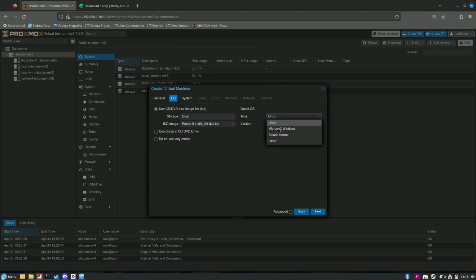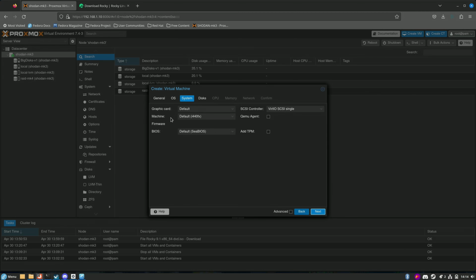So it knows that you're probably going to do this. So these are just defaults. You can change it if you need to. Most of the time you're not going to need to. Hit next. Graphics card, we're going to leave at standard VGA because we are going to go CLI only, so